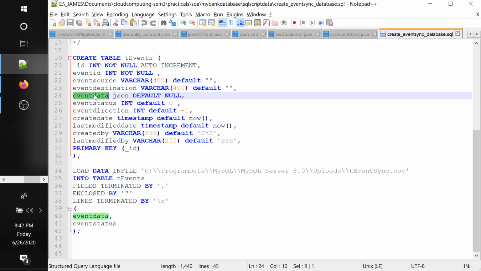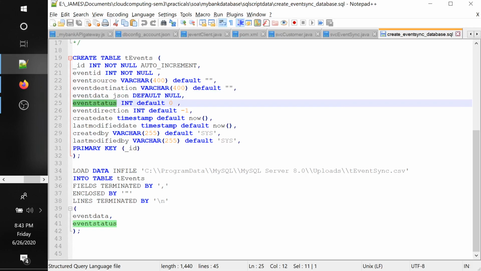Event data is where the query is embedded in JSON format. This field is of type JSON in MySQL, and this is the status. Initially it is 0, and once you have processed it, it should become 1. I am not doing that step, but this field is for that purpose.